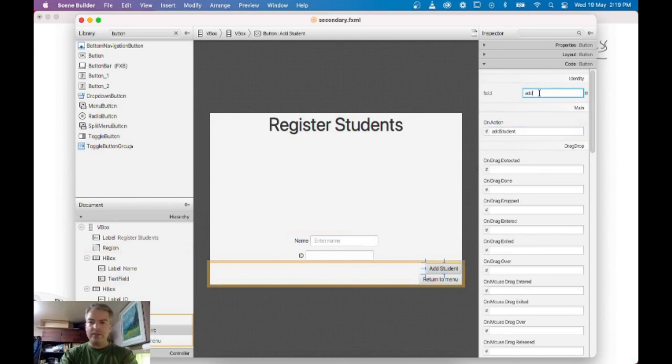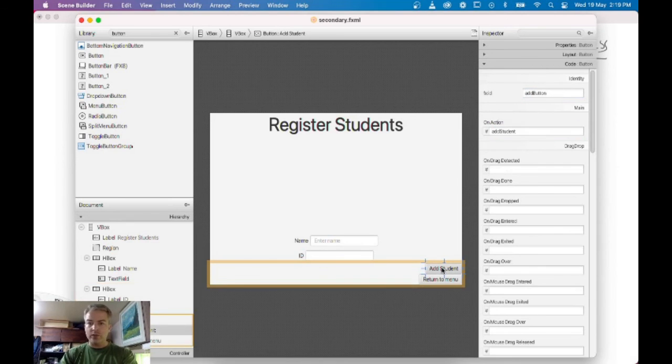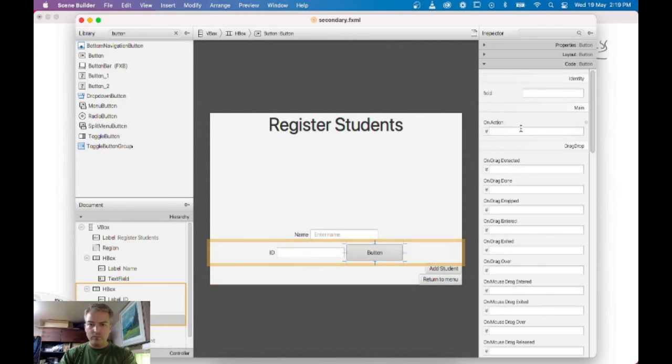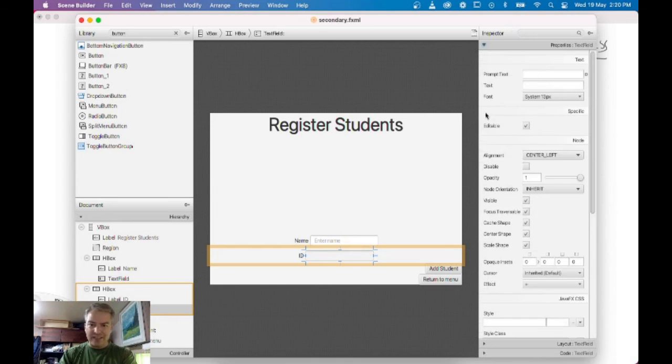And the FXID here is add button. Let me go through here and add the FXID here, add ID, and I think I'm just going to do it for all of them. We're going to make a student. If you hit enter anywhere in here, we're going to use this add student method. Oops, what did I do there? Let's just say add student. I'm just going to copy that. And then also, we want to have a name on this one. It might not be important to have a name on here. Oh, enter